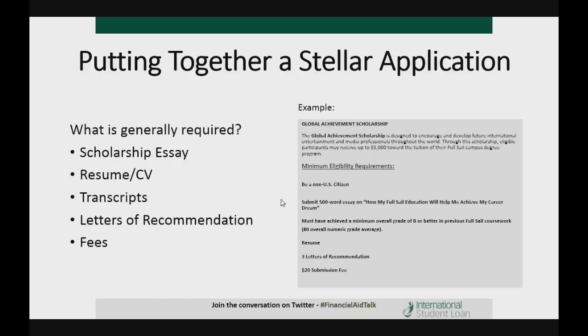The question is, how can you apply and make your application great so you actually do win that scholarship? So the secret is to put an application together with everything that's required that makes you really stand out from the crowd. I have on the slide here in front of us an example on the right-hand side of